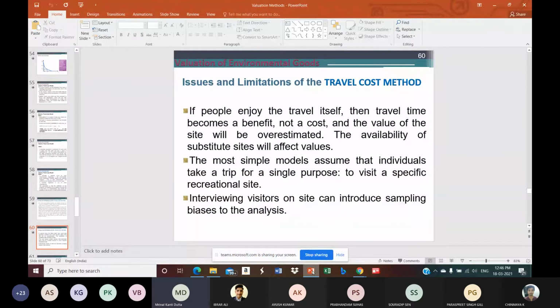Another problem associated with this individual travel cost method is the sampling bias. You see, interviewing visitors on site, for that actually the sampling design has to be decided, and we are not sure whom we will be in a position to meet. Suppose we try to find somebody who is interested in visiting Corbett National Park. Obviously, we'll try to interview visitors, and that will not be based on a random sampling method or a purely probabilistic sampling technique.